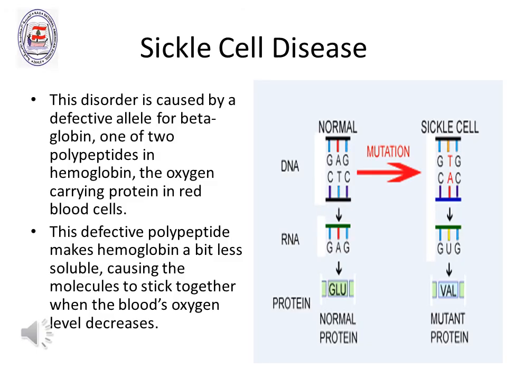What is sickle cell disease? Sickle cell disease is a disorder caused by a defective allele for beta-globin. Beta-globin is a kind of protein in hemoglobin. What is the role of hemoglobin? Hemoglobin usually carries oxygen in red blood cells. This defective polypeptide or protein makes hemoglobin a bit less soluble, causing the molecules to stick together when the blood's